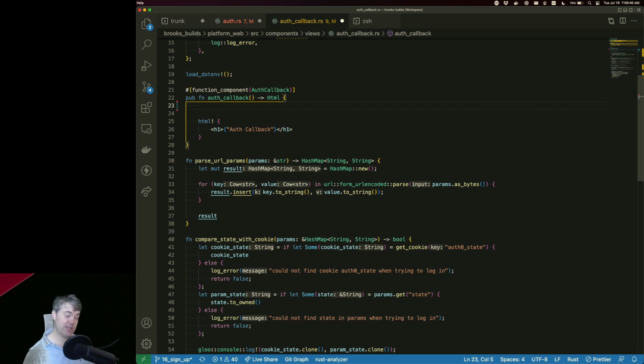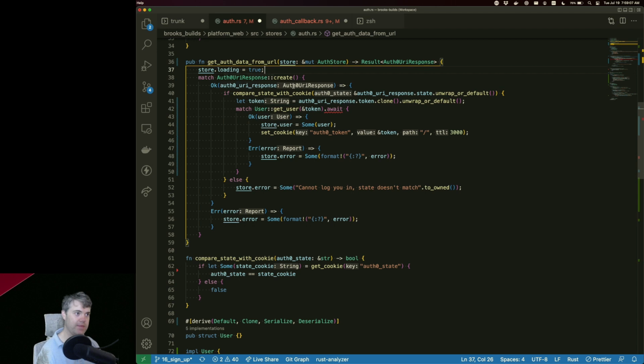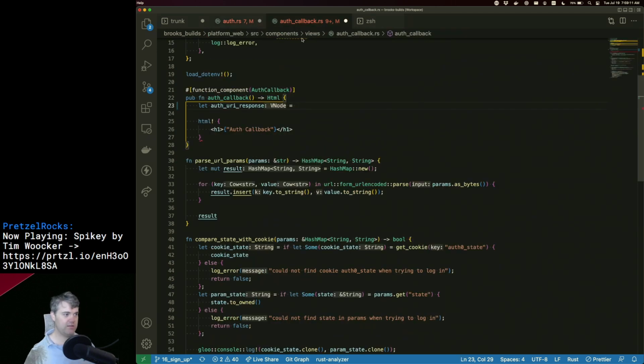Okay, so we're going to match. We're probably going to match on that and do some fun shenanigans. So we're going to do let auth URI response equals. We're going to call get auth data from URL.